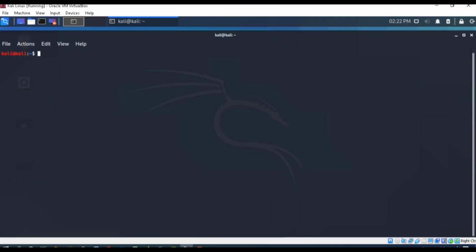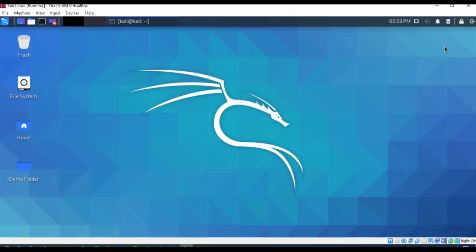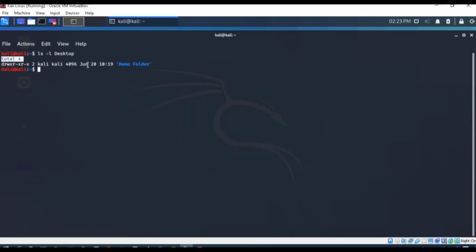clear stands for clearing the terminal window. As you can see, everything got erased after I typed clear. Next is the ls -l desktop, which means list everything in long format. You can see there are 4 files on desktop, and therefore the result that we got is total 4 and